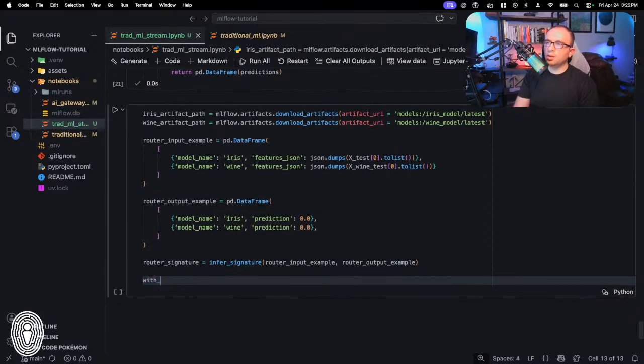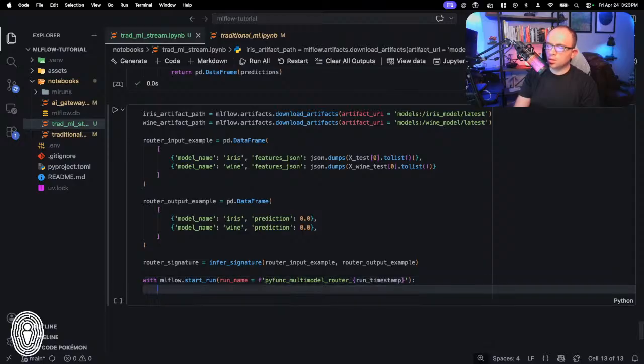So we're going to say with mlflow.start_run, run name equals f"pyfunc_multi_model_router_{timestamp}", and then router_model_info equals mlflow.pyfunc.log_model.